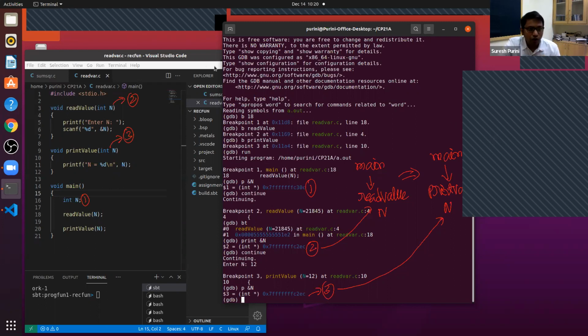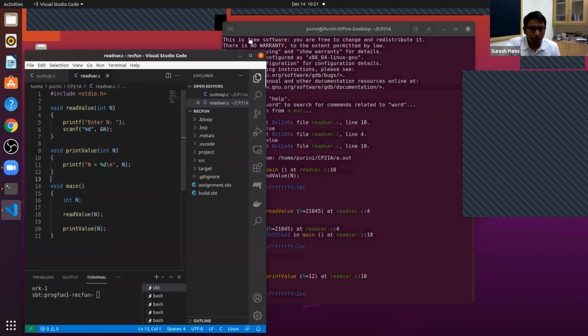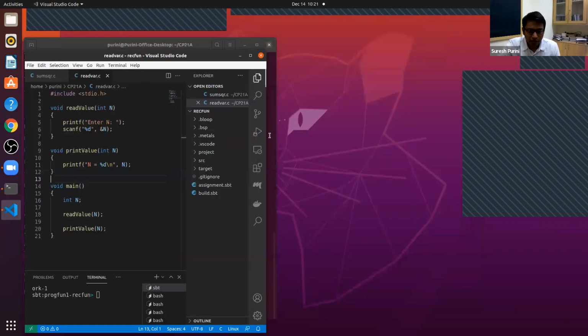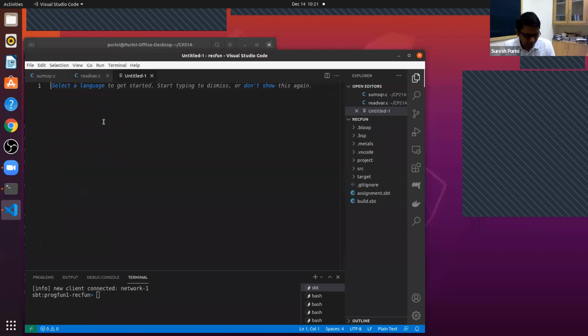All right, now we want to fix this problem. So we have to start with run. We cannot use next in the beginning. Now we want to fix this program, so let's see how we can fix it. Here comes the idea of pointers.